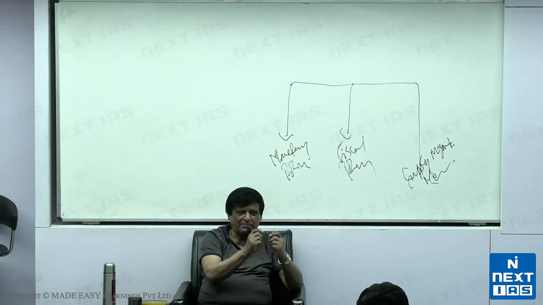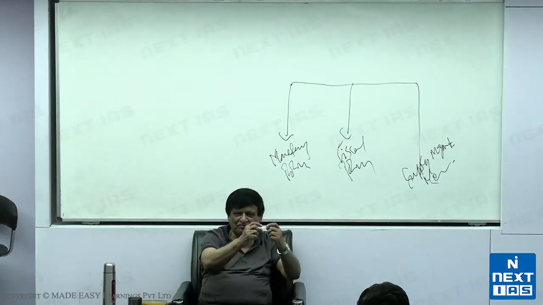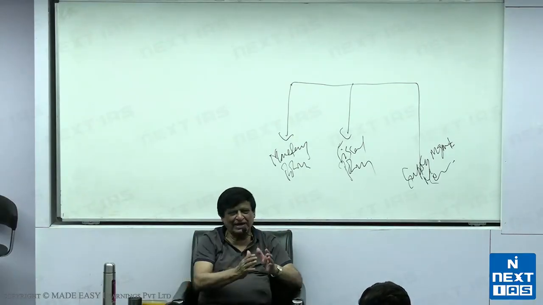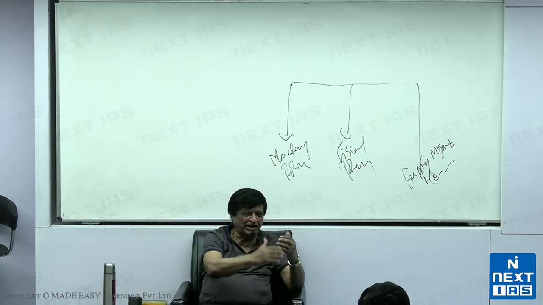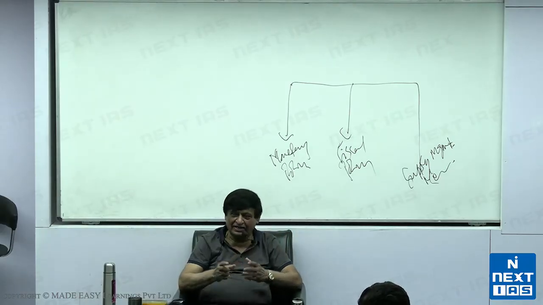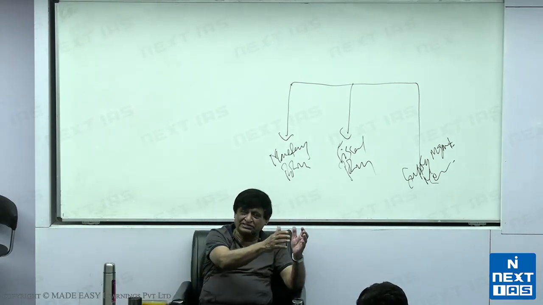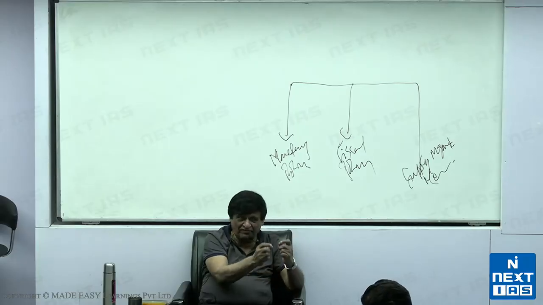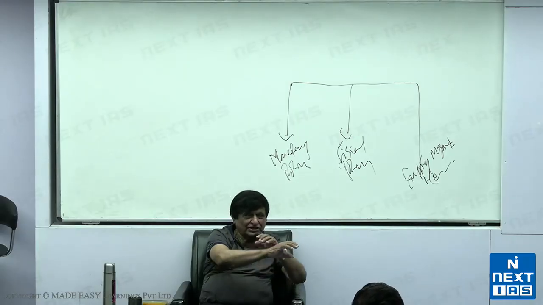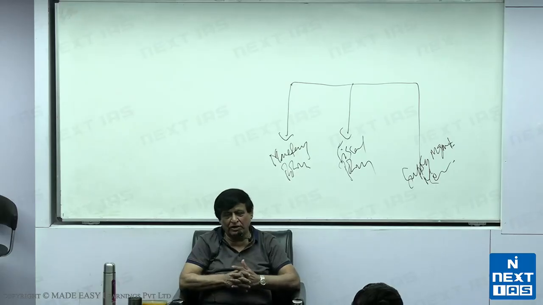RBI raises it by 0.5%, so CRR becomes 4.5%. Banks' lending capacity is reduced to 95.5 crores. Let's not look at crores like that. Let's look at lakhs and crores of deposits that the banking system has. So a 0.5% raise has a huge impact on the lending capacity and loanable funds of banks.